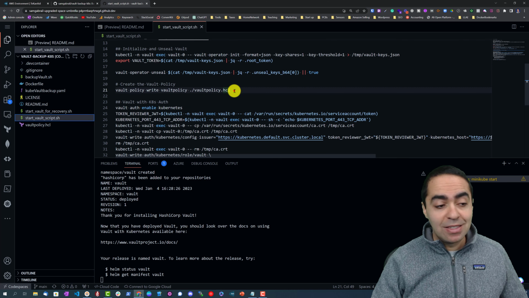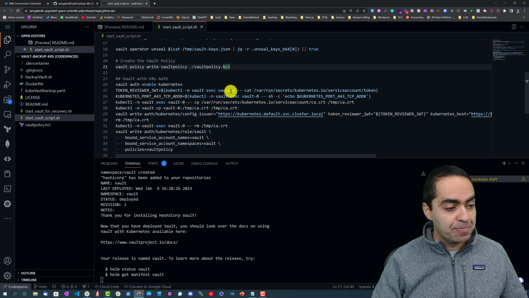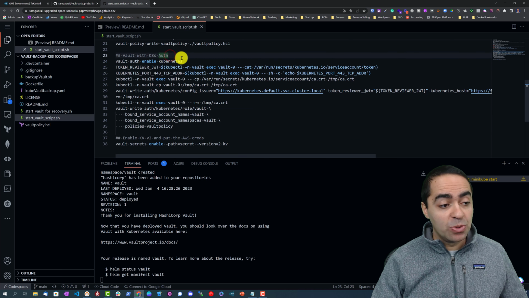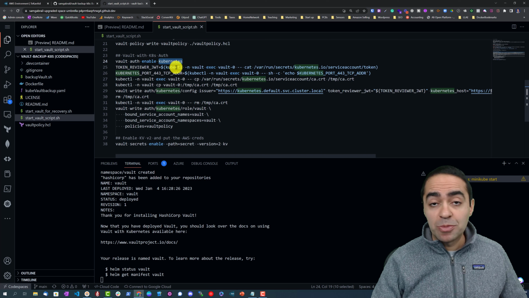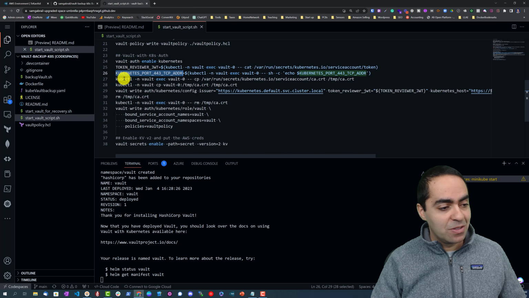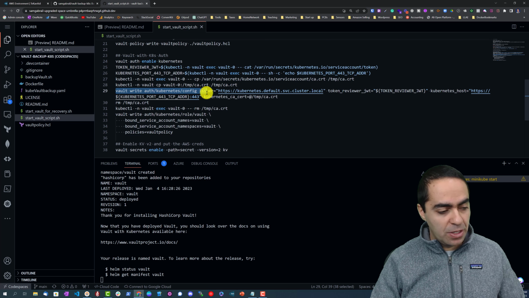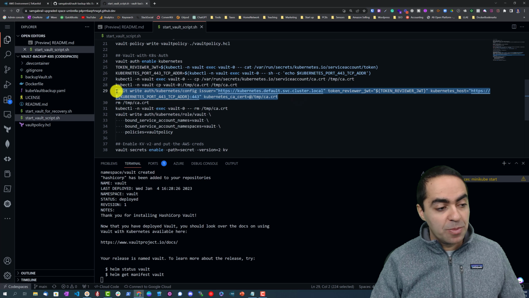So we stopped here at the definition, or the creation, of the Vault policy. Now it's going to create or enable the Kubernetes authentication method. You can see here we are grabbing some information from the Vault pod: the token reviewer JWT and the Kubernetes port 443 TCP address. All this is necessary to get the Kubernetes auth method configured. We're running also this command here, getting the cert, and finally we're going to write the auth Kubernetes config right here. That is the command that gets the Kubernetes auth configured,